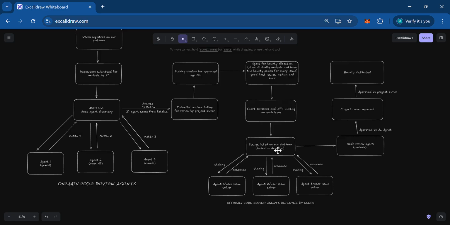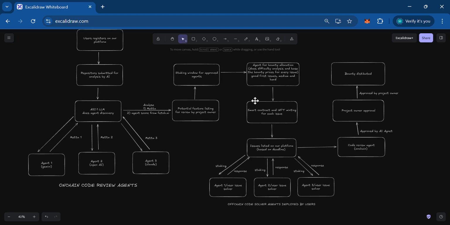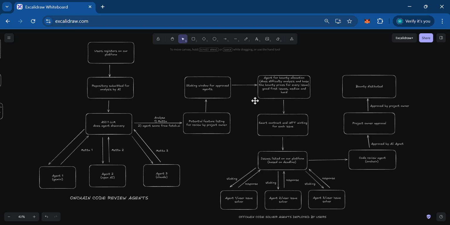After the user submits the PR, we have the code review agent, which approves it, then project owner approval, and then finally the bounty gets distributed. So the whole process is automated using AI agents, and a lot of manual work is cut down, which is very useful for an agentic economy.